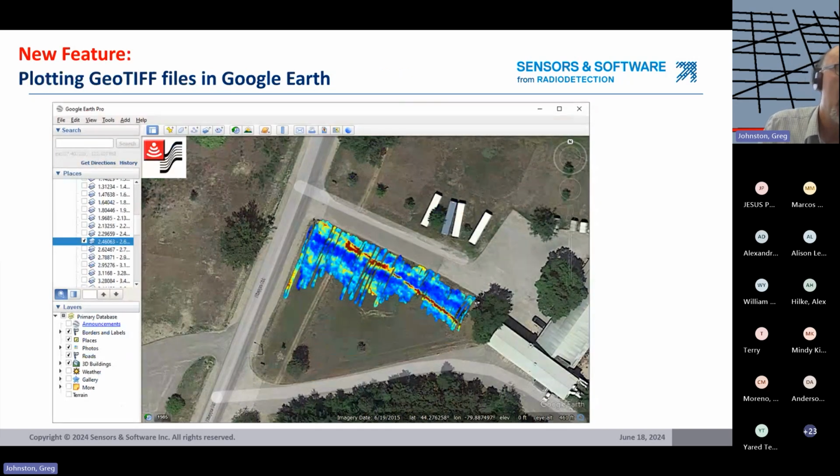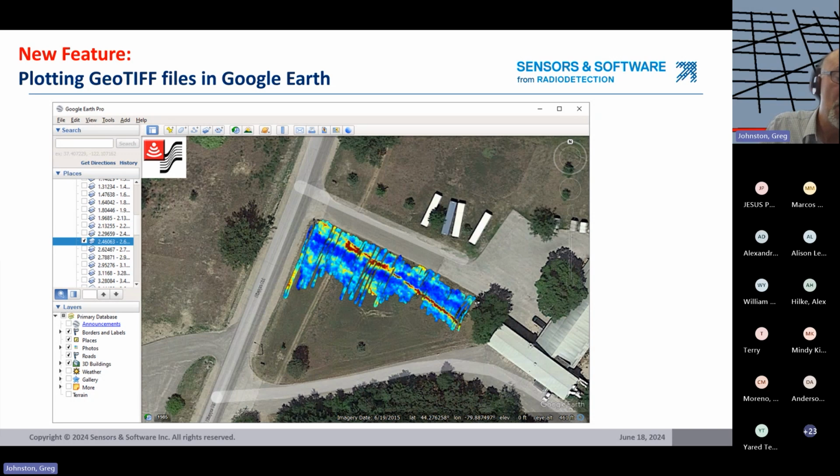third-party software. And so one you might want to do is open GeoTIFF files in Google Earth. I didn't know that before we actually did that. I'm used to opening up KMZ files in Google Earth, but I didn't realize that Google Earth will also open GeoTIFF files. Now, this shows a display of a GeoTIFF file in Google Earth. Now, it's not that exciting because we have had the ability to look at GPR data, depth slices, interpretations in Google Earth for quite a few years now. So there's nothing too dramatic there, but I just wanted to show you one place where GeoTIFF files can be